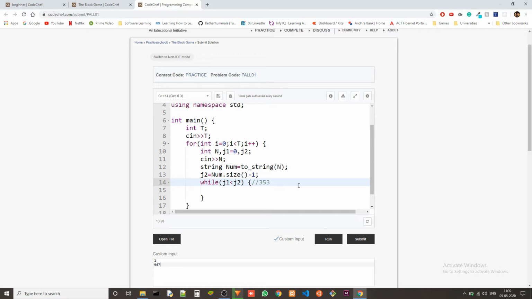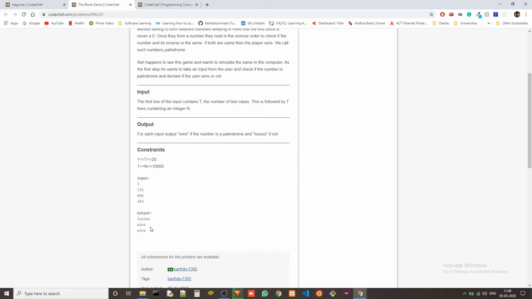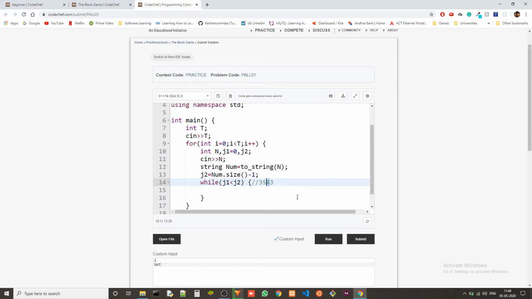Let's say this is the number. Now first j1 is here and j2 is here. Now we increment this by 1 and we decrement this by 1, because we see that these are equal. Then j1 will be pointing to this and j2 will be pointing to this. These two are not equal, so we output loses, right?